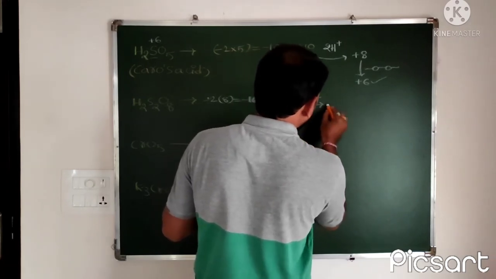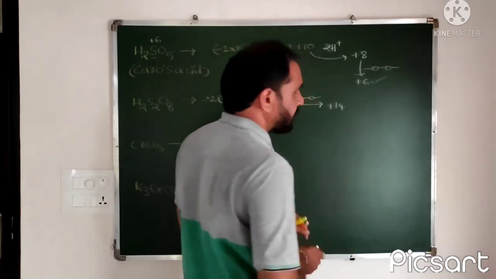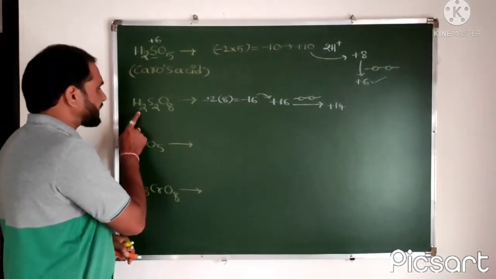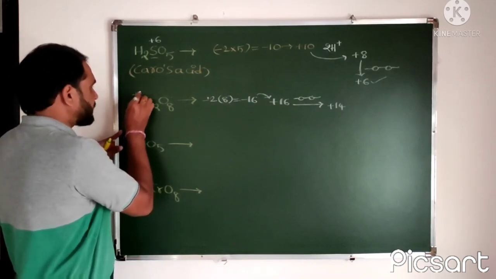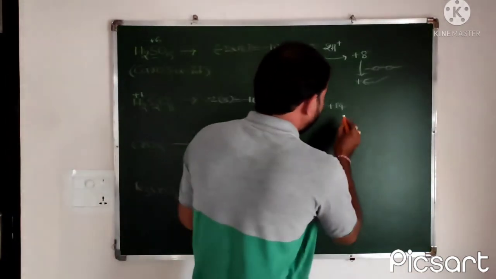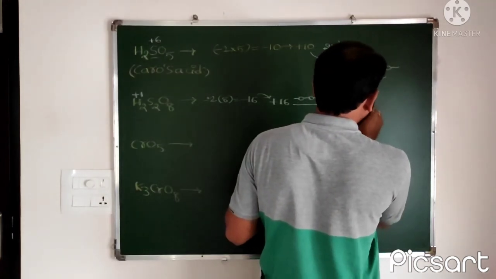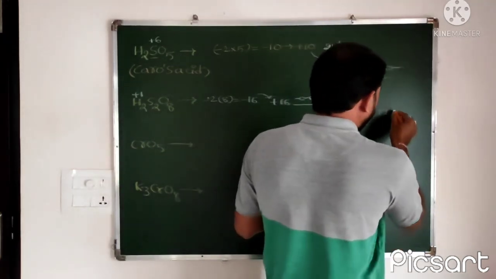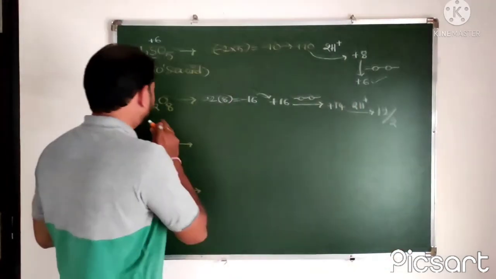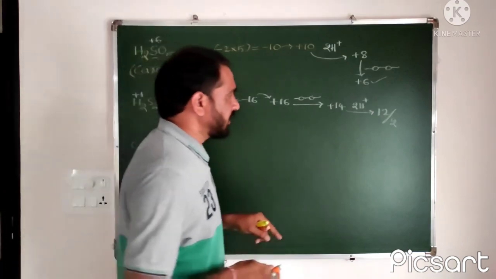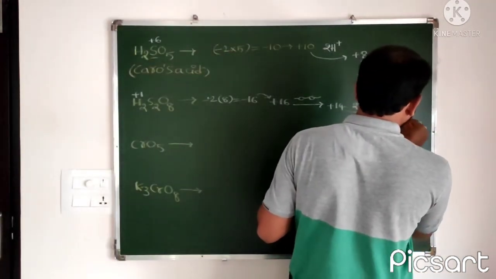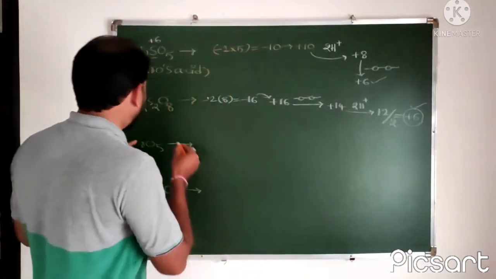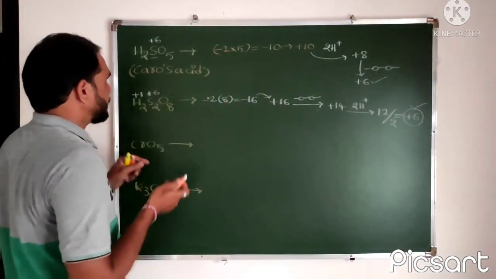this is converted to plus 14. From the plus 14, plus 2 is deducted for the 2 H plus ions. Then the rest is plus 12. That is shared by 2 sulfur atoms, because there are 2 sulfur atoms here, so divided by 2. Then it equals plus 6. That's it. Here sulfur has a plus 6 oxidation state.